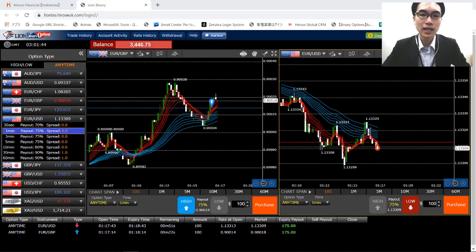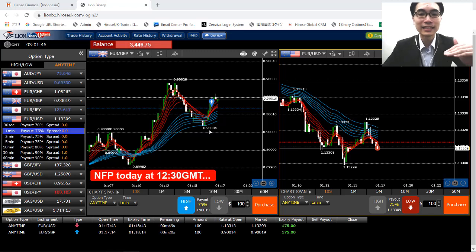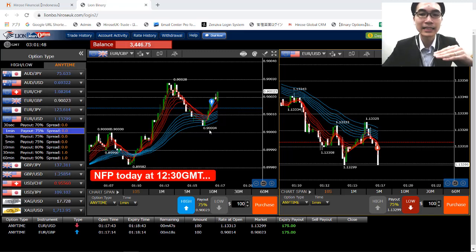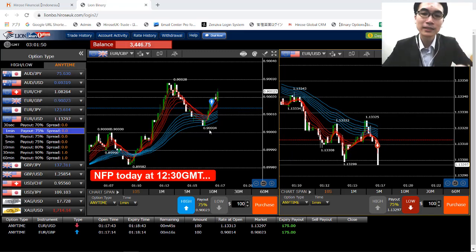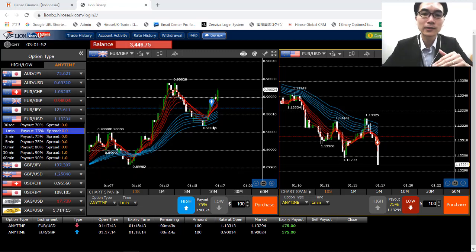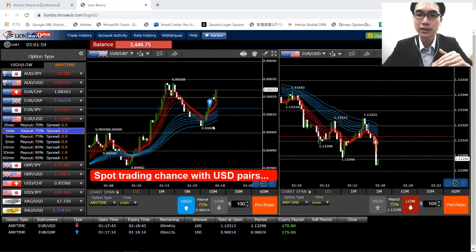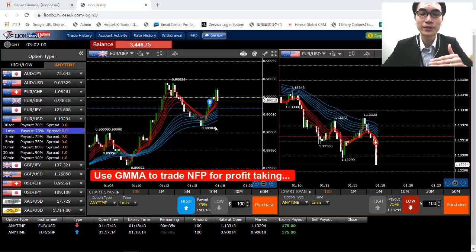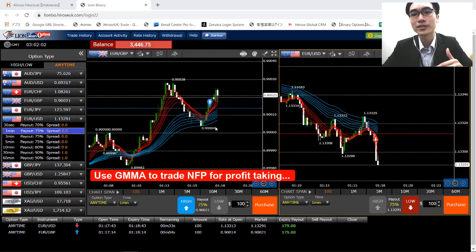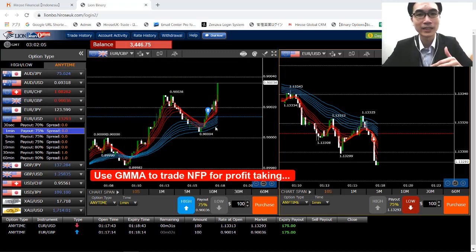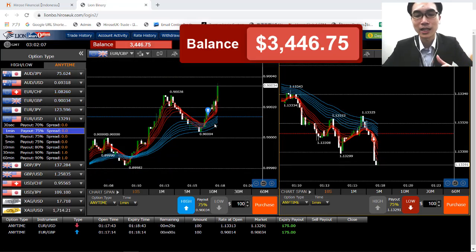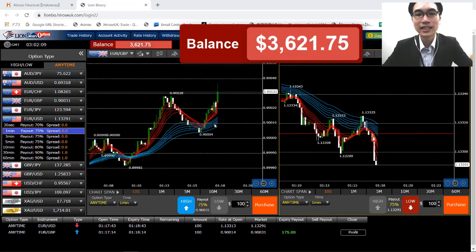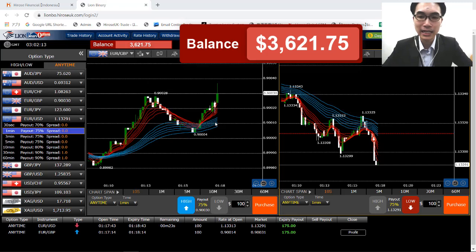And the NFP today is gonna be released at 12:30 GMT. Make sure you take a look at the dollar pairs after 12:30 GMT so that you can use the GMMA to spot a trend and then ride on the trend to make a big profit by the NFP release. The one on the left is ending in profit, and then